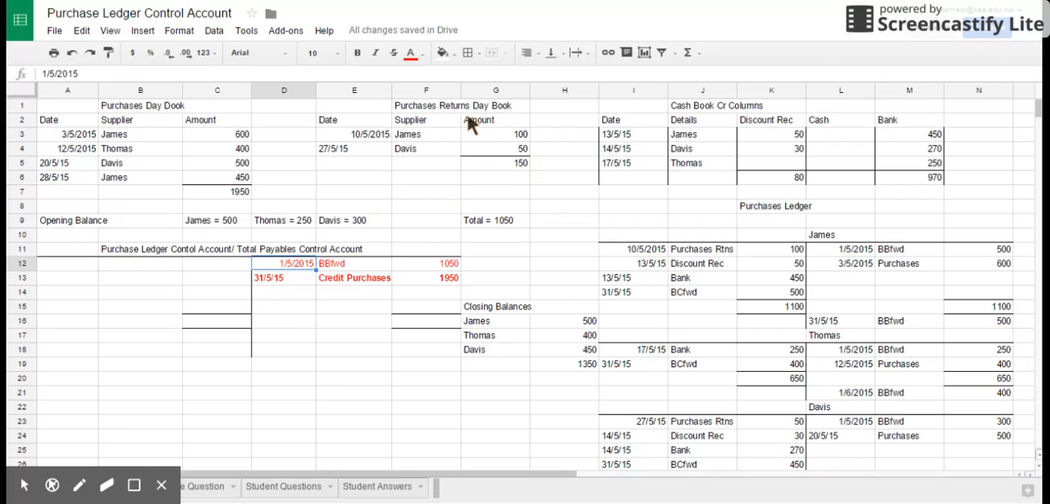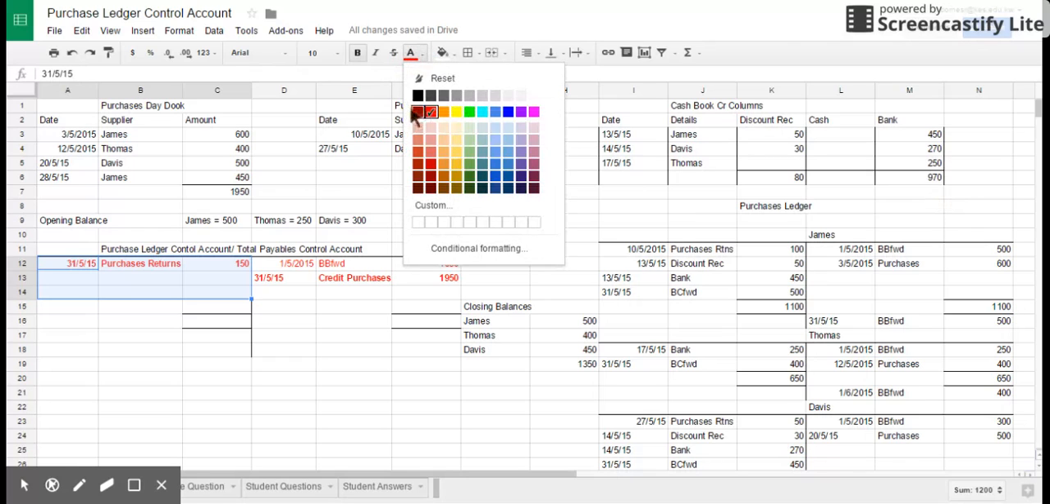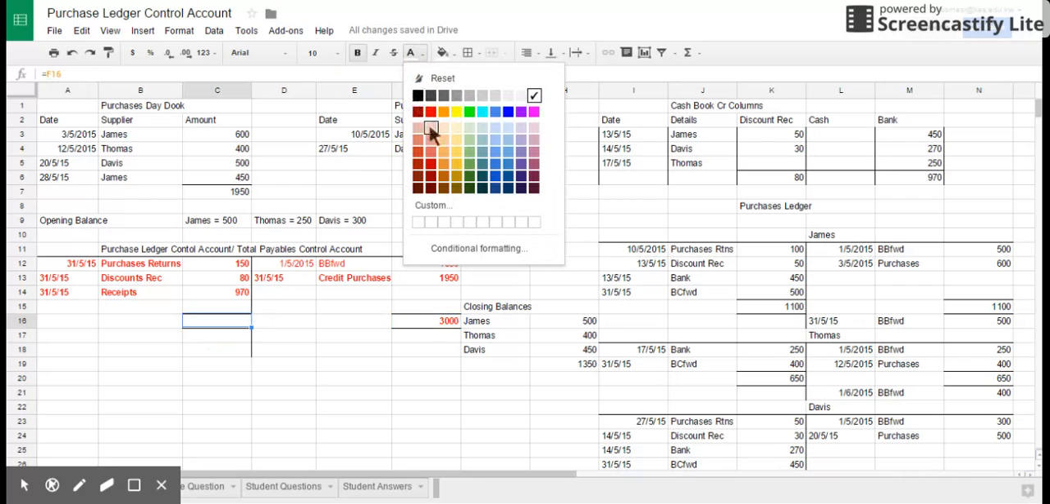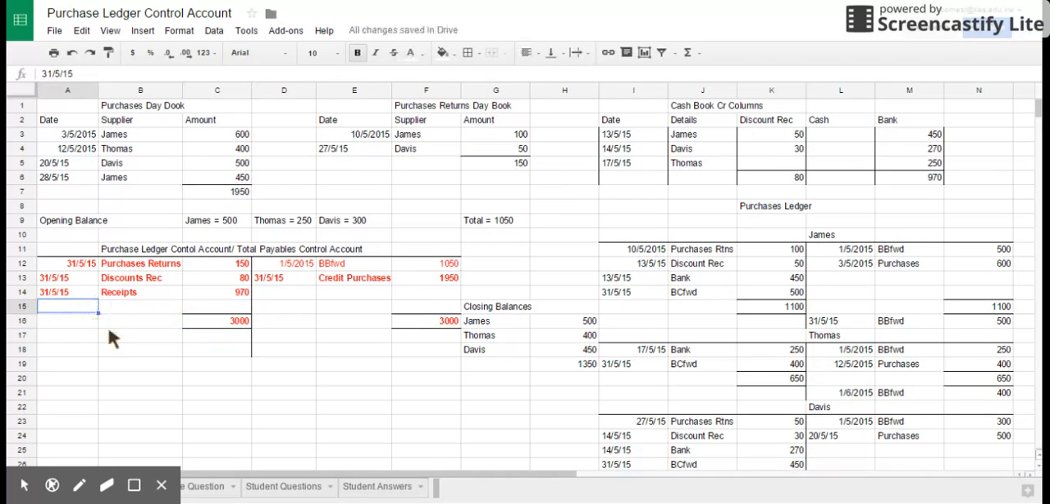Right, purchase returns total, I'm going to put that in on the debit side because it's reducing the amount of money we owe. We're not going to pay for anything we've returned. And then I'm also going to put in my discount received total and the total amount that I've paid from the bank. Hopefully now we'll find that the credit side is far bigger than the debit side. So I need to make both totals the same,